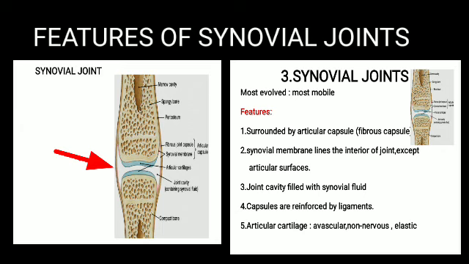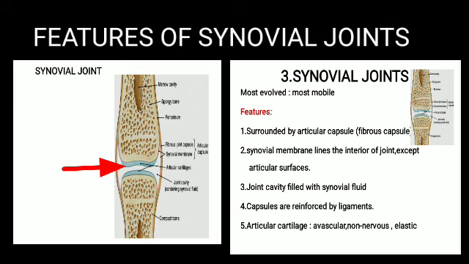Number 1, the joint should be covered by a thick capsular covering. This is called the fibrous capsule or joint capsule. Number 2, the interior of the joint contains a fluid-filled cavity called the synovial cavity, and there is a fluid called synovial fluid. Next point, the interior shows articulating surfaces of the bones, which show the presence of articular cartilages, and the articular cartilages cover the face-to-face or articulating surfaces of bones. These articular cartilages are made up of hyaline cartilage, which minimizes friction and allows free movement.